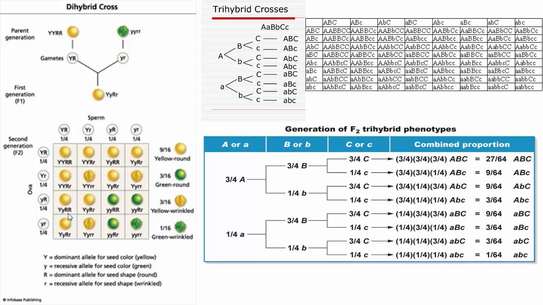We're not going to have to do a lot of these examples, but you could do 4, 5, or 6 traits if you really needed to. Your grid just becomes bigger and bigger as you have more and more traits, but the process is the same. All right. Any questions about those things?